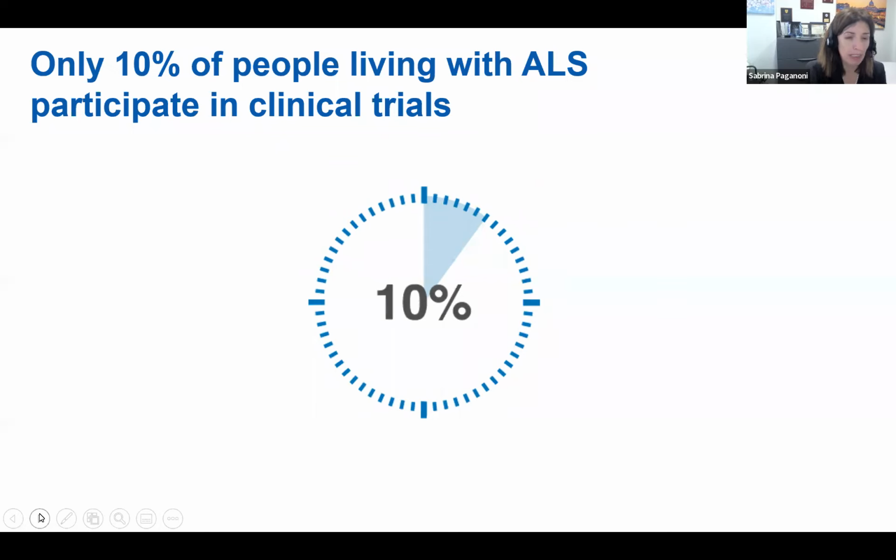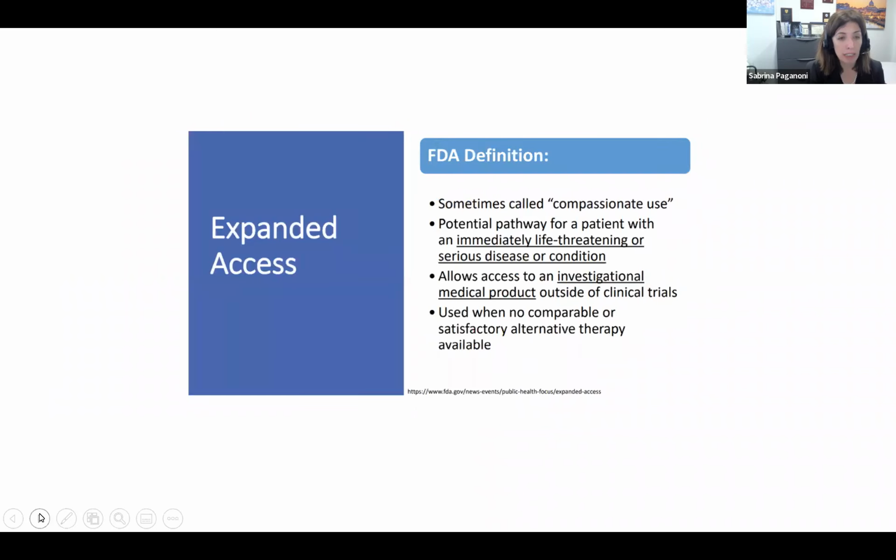And so patients have been asking us for a long time, what other options do we have to get access to promising investigational products? There's no right or wrong answer. There's not only one right answer here, but certainly we became interested because of this demand from patients in a mechanism called expanded access. This is not new. This is not something that the ALS community came up with. This was already present in the regulations. It's an FDA regulated mechanism that's been applied to many different fields of medicine, and it's also sometimes called compassionate use.